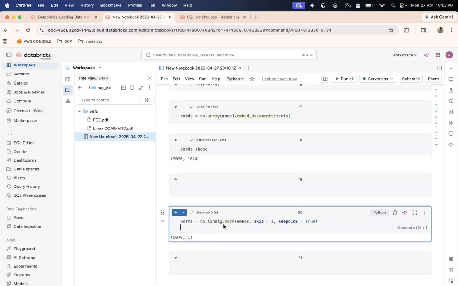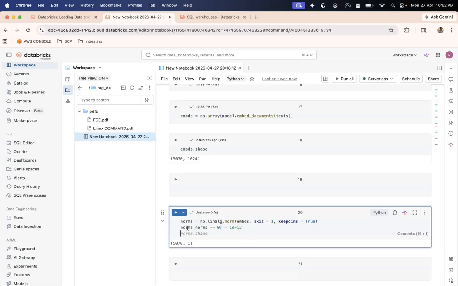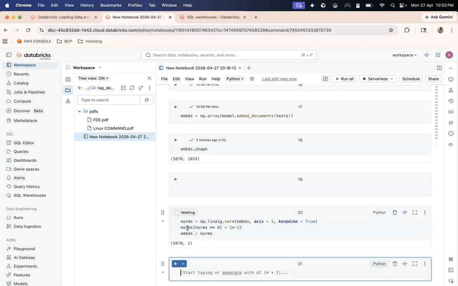Sometimes it can happen that these norms are all zero. We are going to divide embeddings by norms to make them unit vectors, so I don't want to accidentally divide by zero. I will check wherever norms are zero and set it to a very small number, like 1e-12. After that, I can divide embeddings by norms, and let's see what we get.